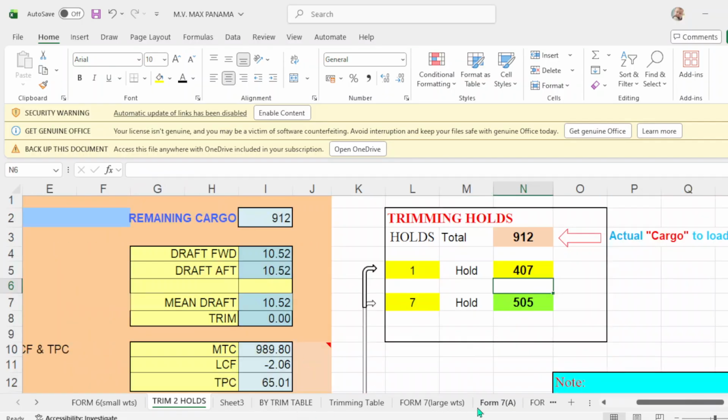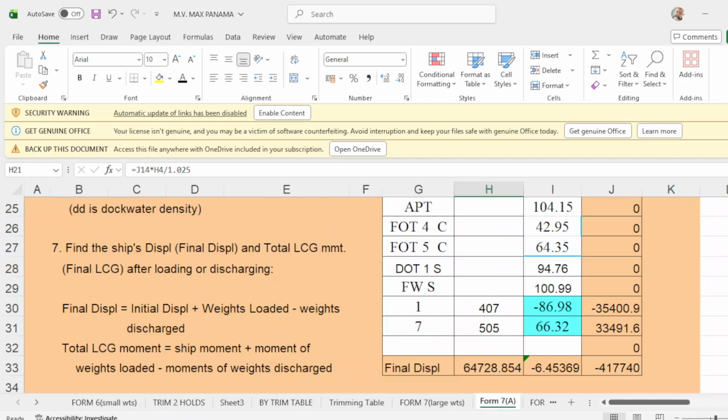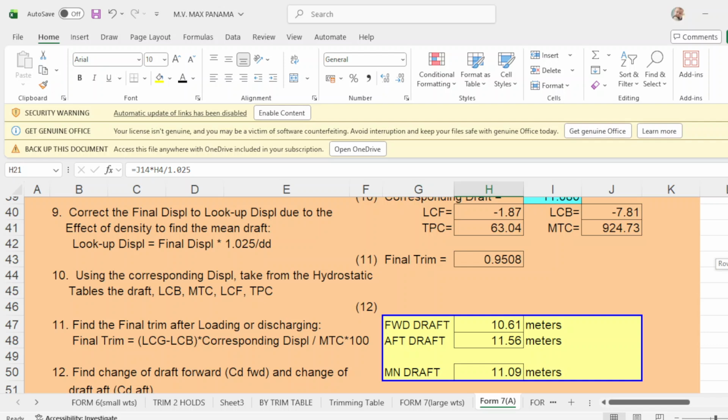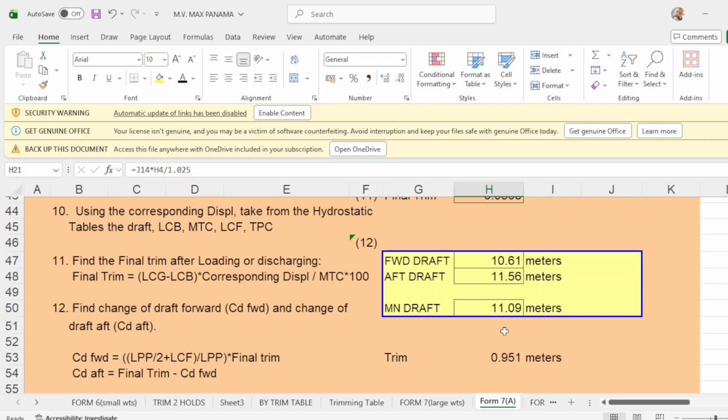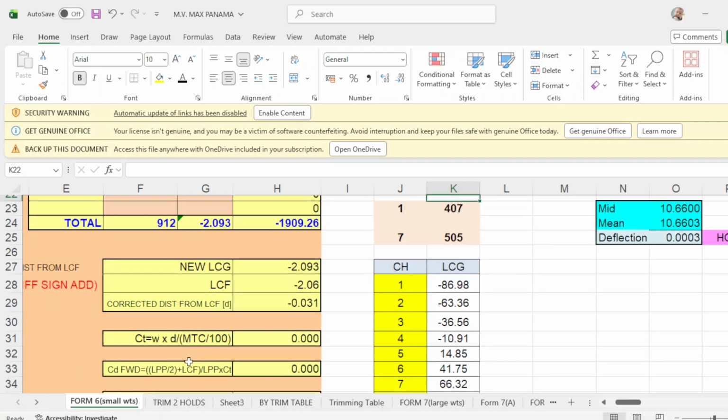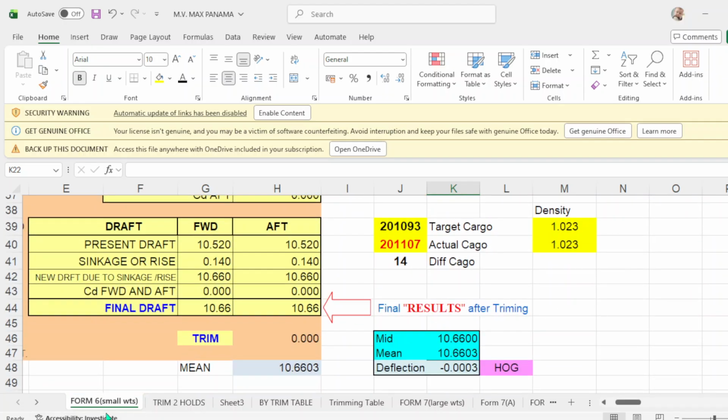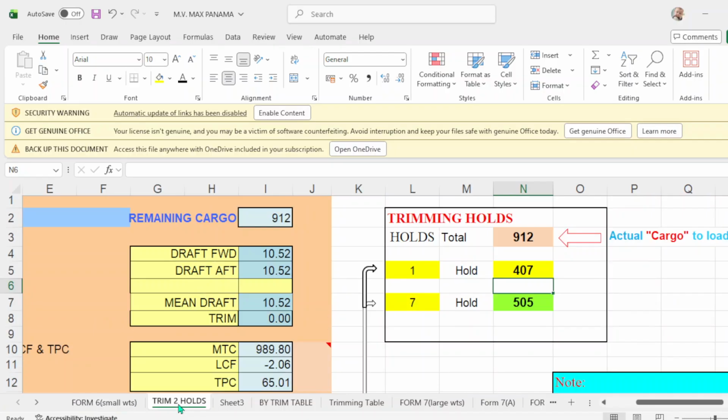And what will be your departure drop? This is for number 6, trim 2 holds.